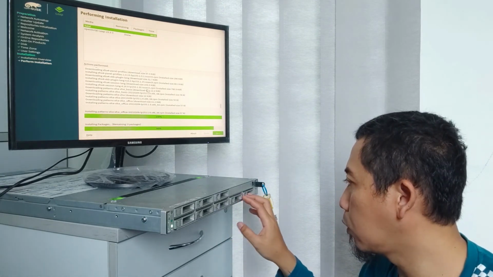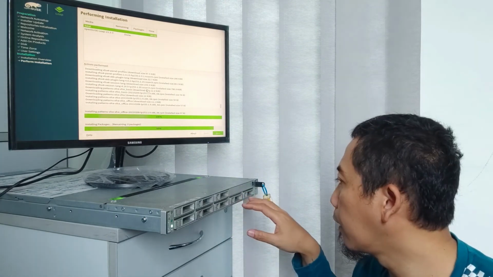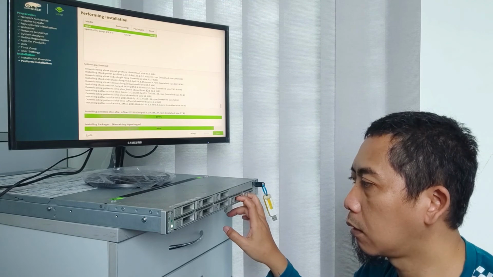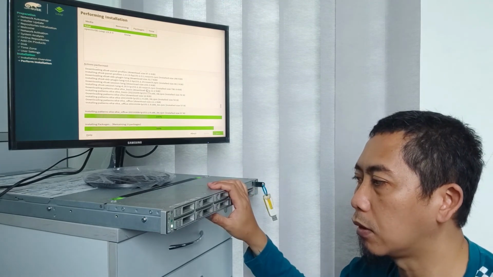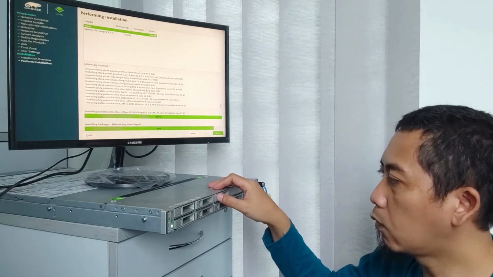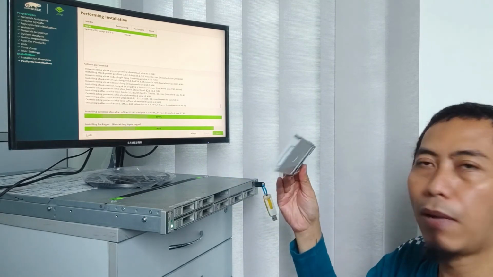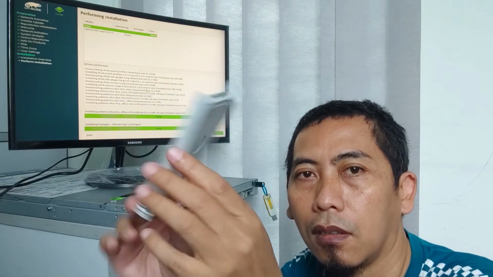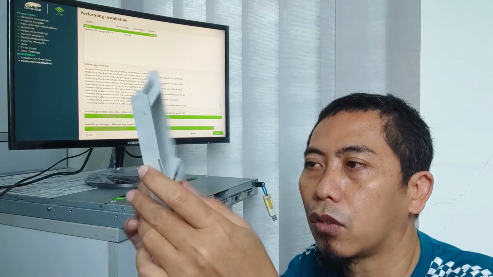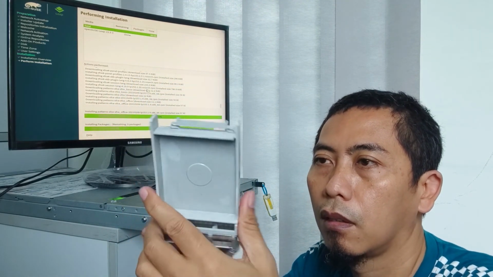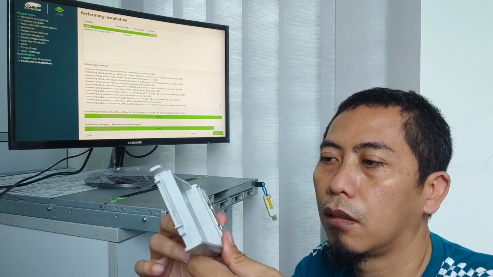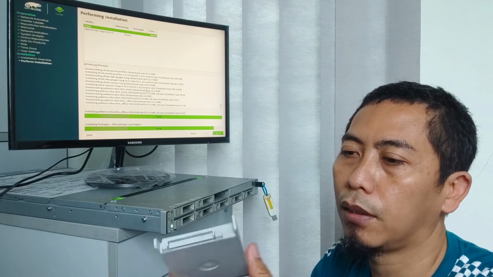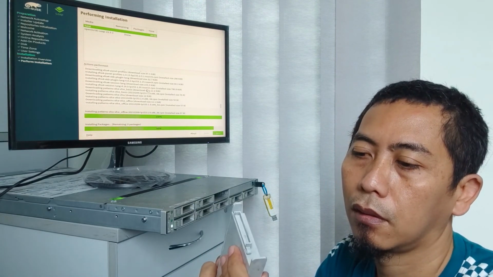I hope it will also be possible to fill the hard drives here, so I have many hard drives to install in this machine. If you want to know, the blank is like this, and the tray is like this. So if you buy the filler, it will not be like this.